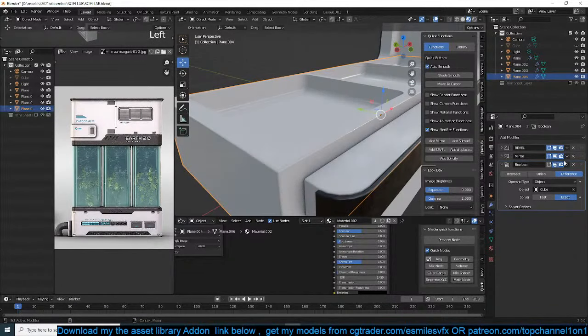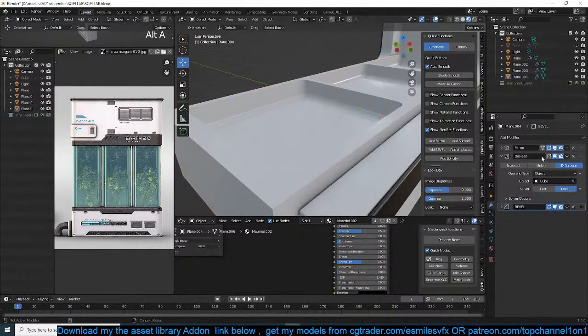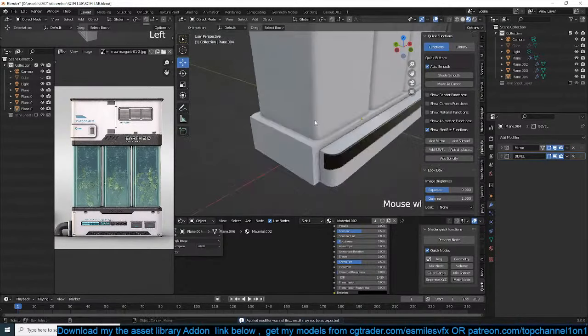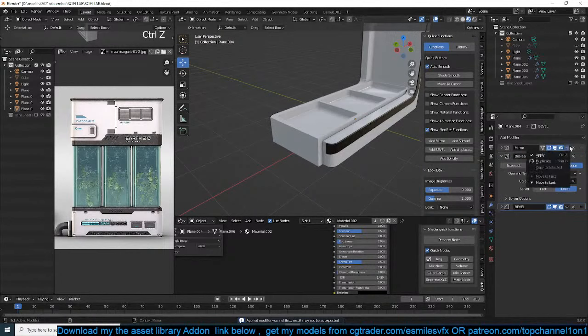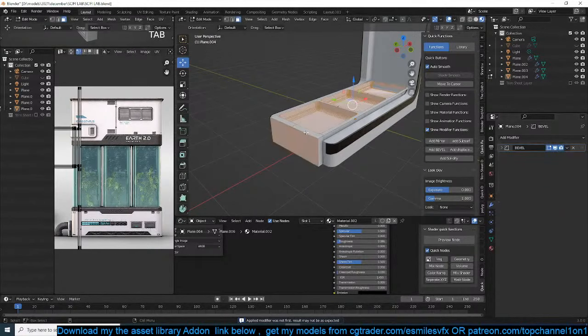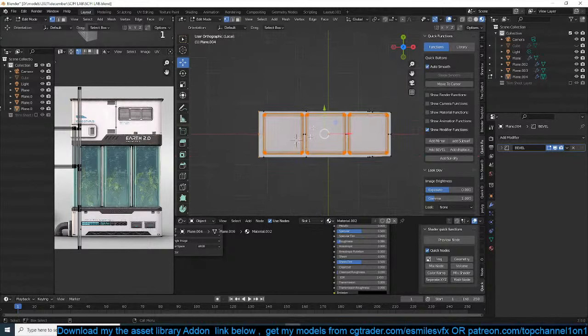Now I think the bevel should be applied after everything else. We can apply the mirror first, then the boolean, and then I can come back in